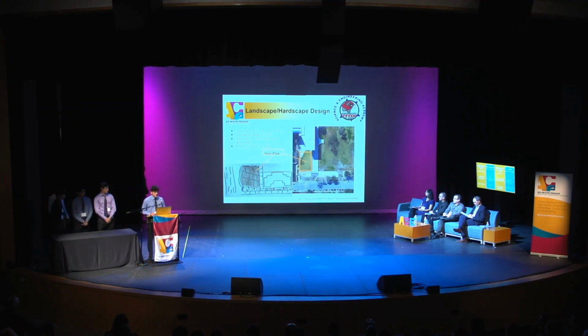All right, so this is the landscape area. As you can see on the bottom left, this is the actual drawing. This was the third drawing that I've done, and I want to go with this because the flight of stairs actually corresponds with that patch of grass, which is actually a slope. And like Jonathan said, there's actually, let me